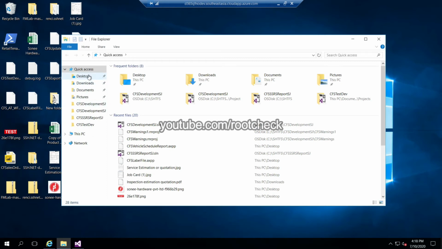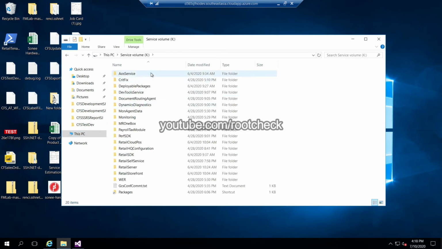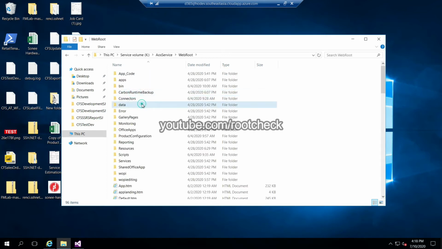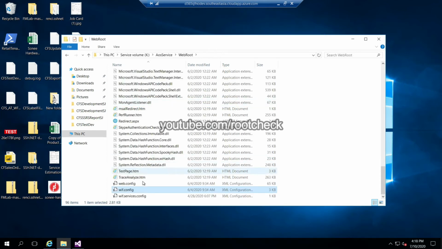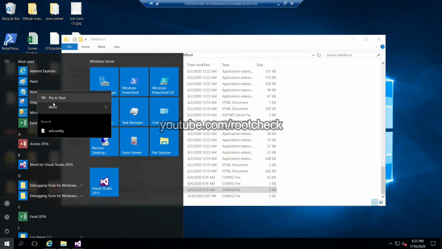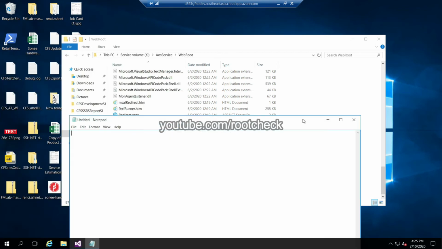After this step, we need to navigate to the WIF file location. Basically it's in the K drive, under AOS and web root. We need to open this file with Notepad as administrator, otherwise you can't make any changes.